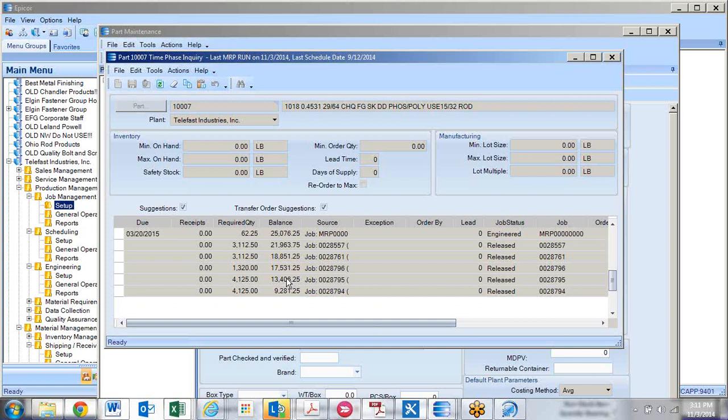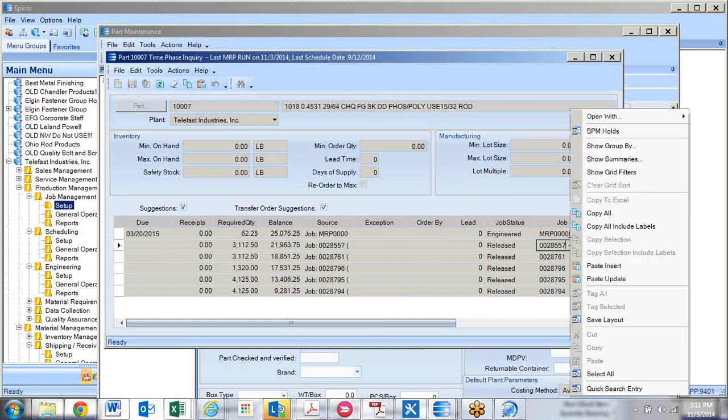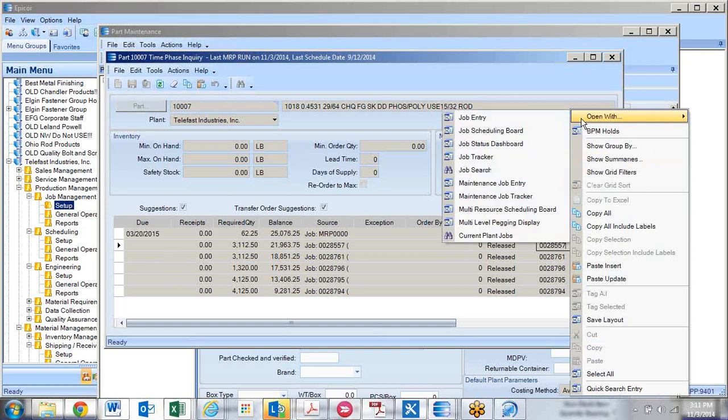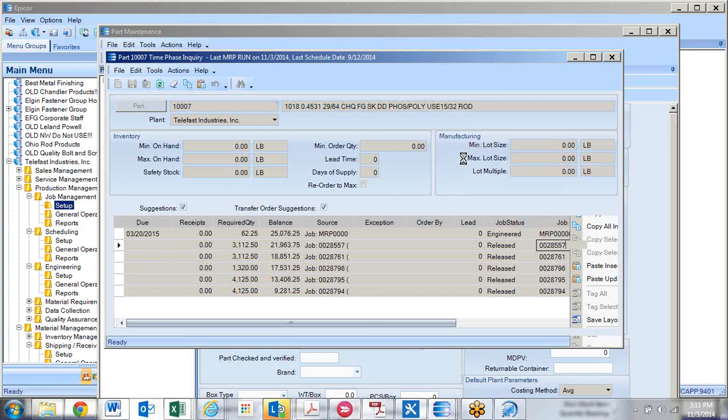The other thing that I noticed about these jobs that require this material, that they were released, but they have no date. So that's why time phase put them there, but MRP, and even if you did have a lead time on this purchase part, the system says, I don't know when you really need this stuff. So if I go to Job Tracker,